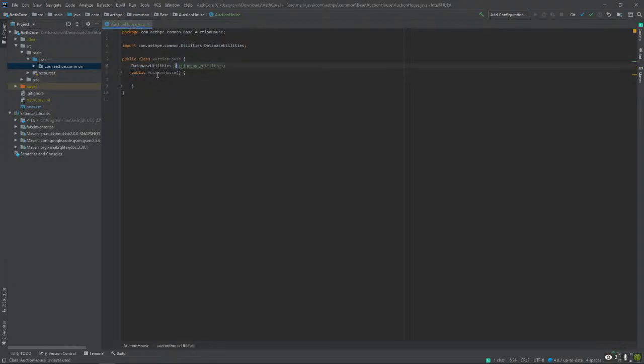My database utilities object for auction house, so we can put entries and get entries from the database, the auction house database.